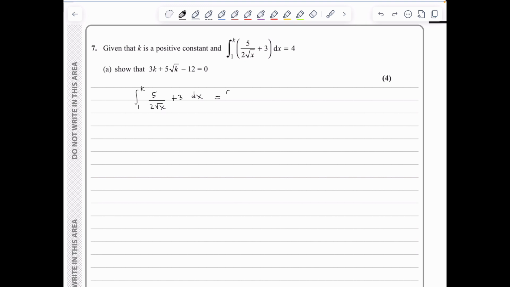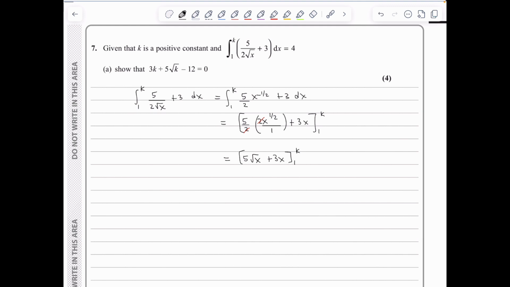So we're looking at the integral from 1 up to k of 5 over 2 x to the minus a half plus 3 dx. We proceed by increasing the power by 1, dividing by the new power. So we've got 5 over 2 x to the 1 over 2 divided by 1 over 2 plus 3x, and the limits are 1 and k. Now obviously we simplify the 2 here, so we are looking at 5 root x plus 3x from 1 up